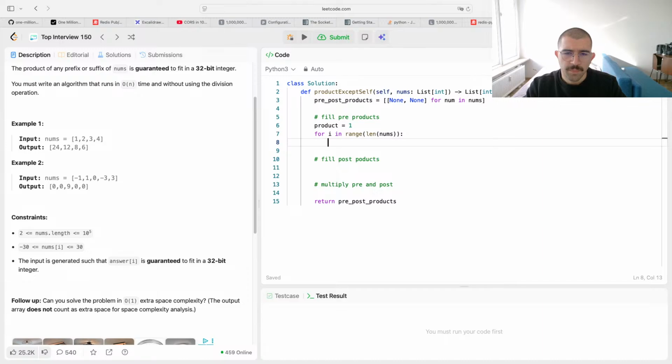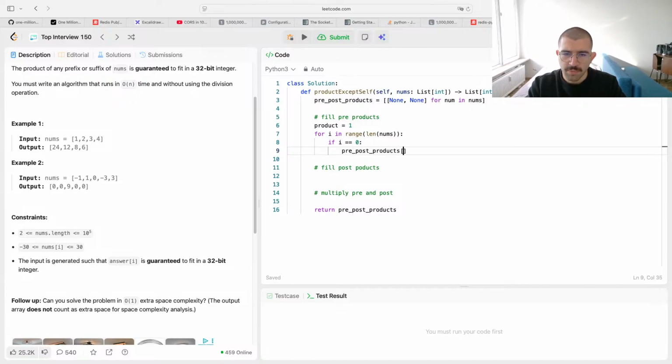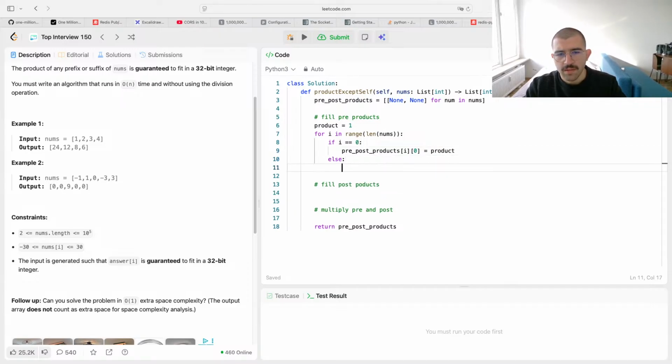But yeah, if i is 0, you have to just write it there immediately for the pre-products. The first element we are updating will be product, right? Else, you're just going to multiply,